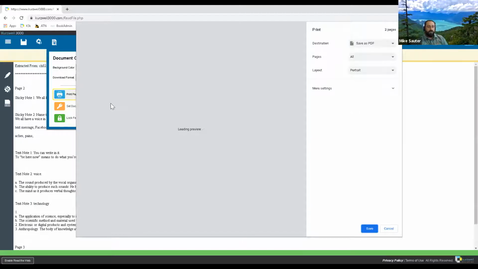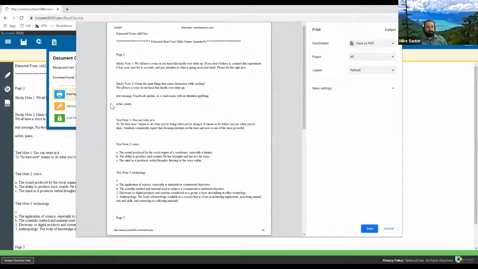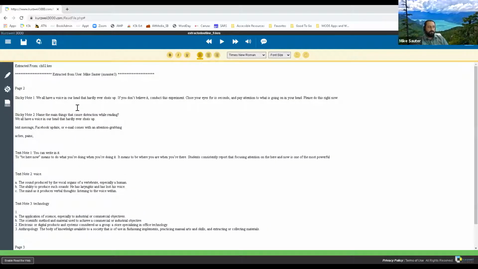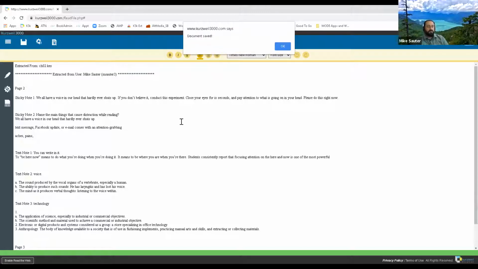So we can pull up a print dialog and it shows you what it's going to be printing, and we can print it. Pretty neat. Now, again, if we made any changes to this document, we want to make sure we save it. So we save it back. And there you have it.